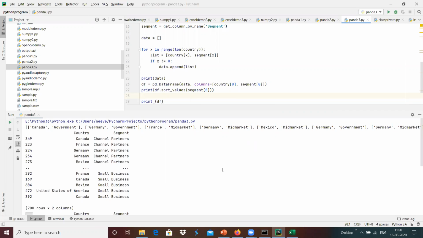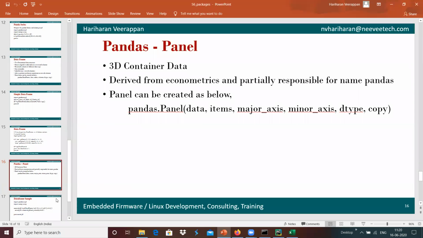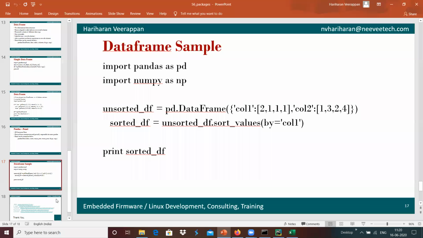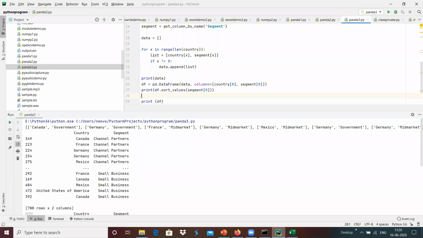And we have another data type which is called with pandas. We can do sort values with the name of the column that we have used. The columns we have defined are segment and country, which we have loaded, and the names we have created with the columns.